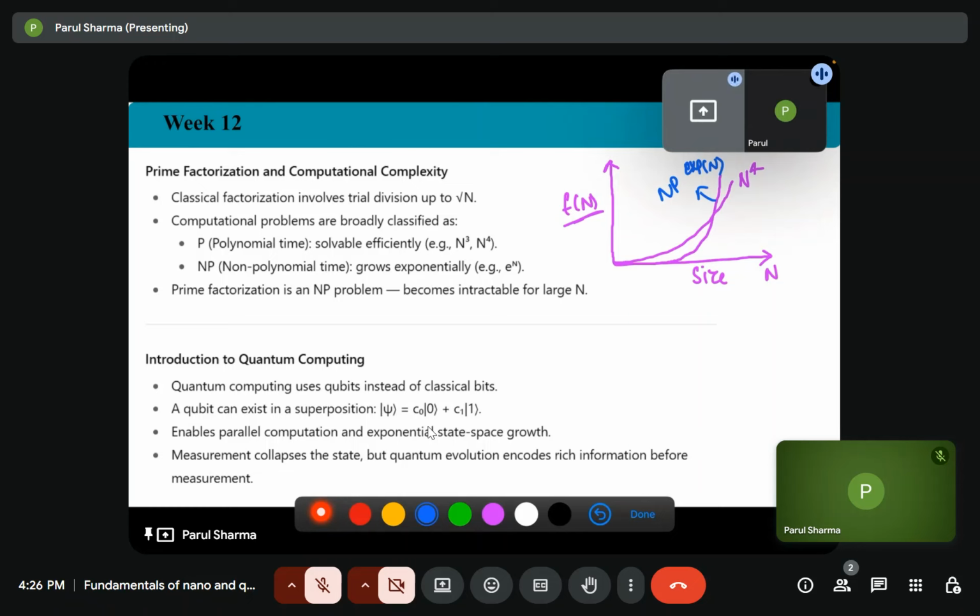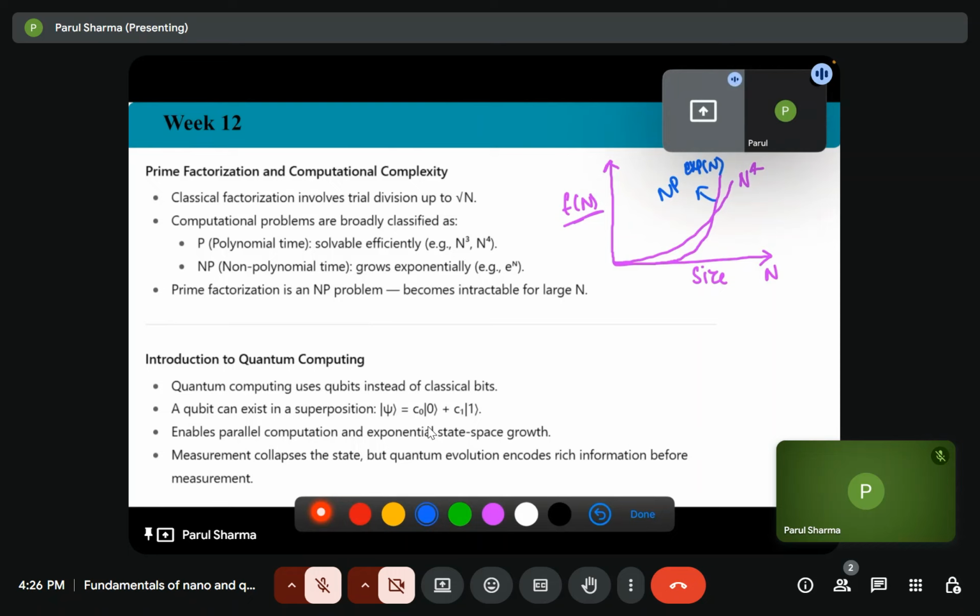So as the size of the problem increases slightly, the complexity of hardware required to solve it increases exponentially. So similarly, the example is prime number factorization. Because suppose we are increasing the key length just by one bit, it will increase the complexity exponentially. So it will take a large time for the supercomputer to crack the key. Now, if we have a quantum computer, it should solve